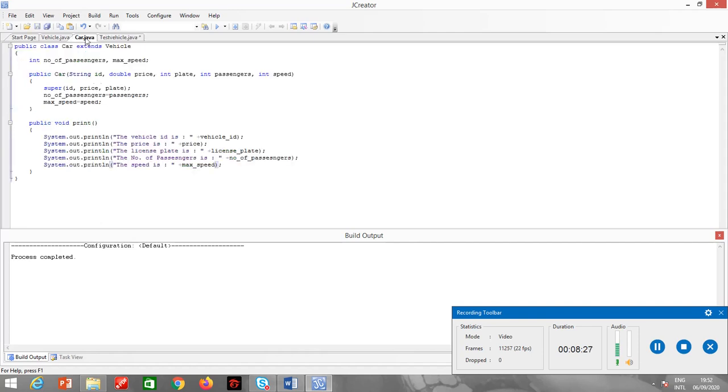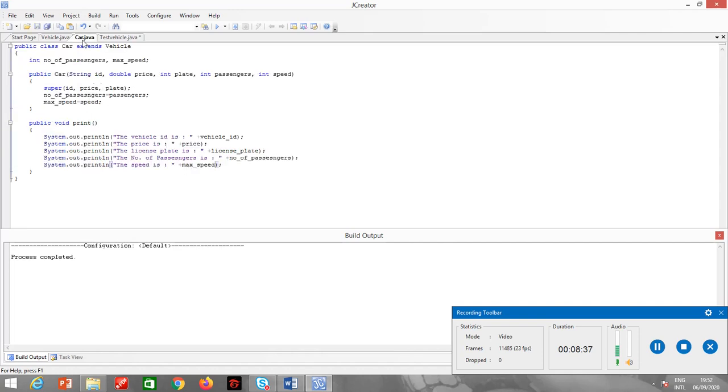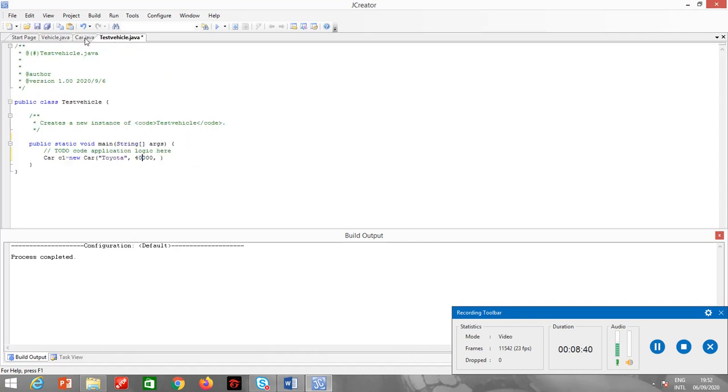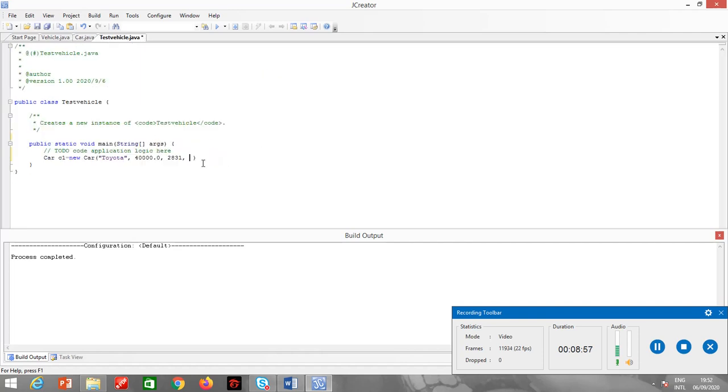Okay, then price 40,000. Then license plate is an integer again, 2831. Then number of passengers and speed. Number of passengers is 7 and speed is 540.